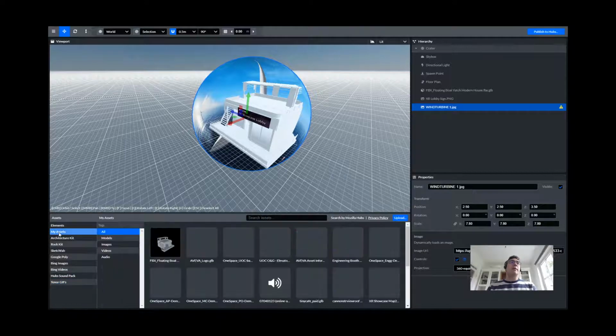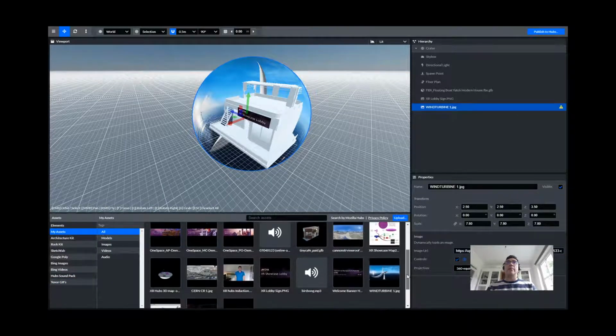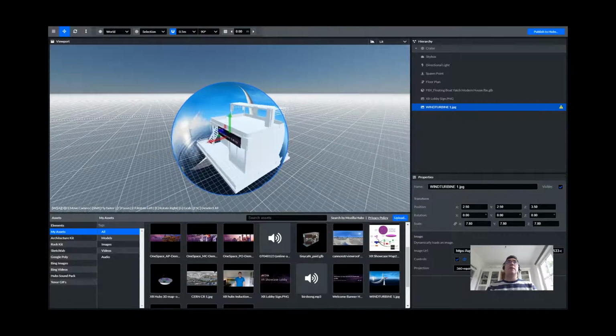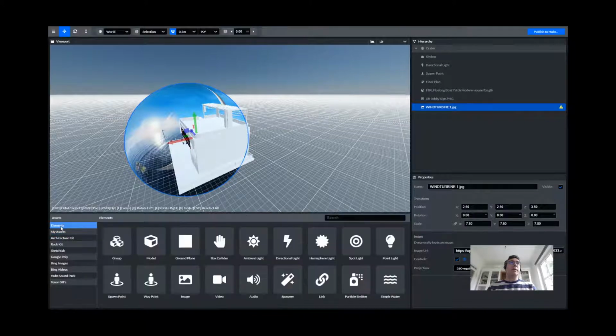But you can, as I said, upload things into your own little assets here. And that's it, really. That's how easy it is to use. Put in the objects that you want. Hubs and Spoke doesn't really give you much interactivity. It just allows you to create these scenes. You can import, as you can see here in Elements,